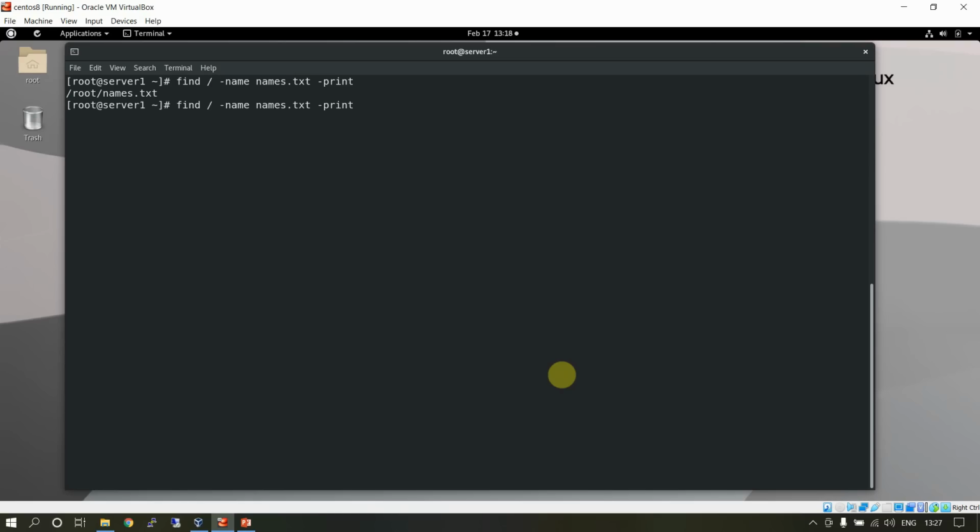So let's execute that command. -exec, execute rm -i. But then you also need to specify the placeholder with curly braces, followed by a space, important, and a semicolon. What will happen? This will execute the remove command on names.txt if it is found anywhere, and that's what is working. Look at this. It can find the files, it can execute a command on those files which are found, and I'm removing the file.